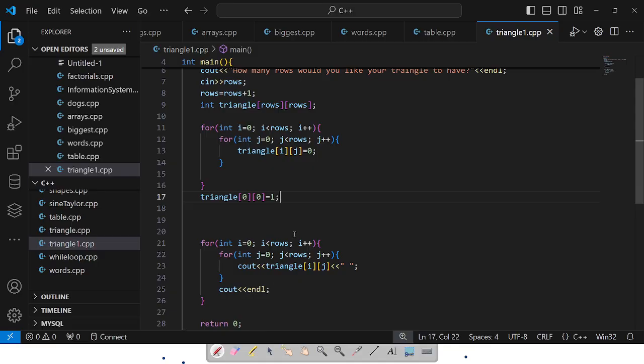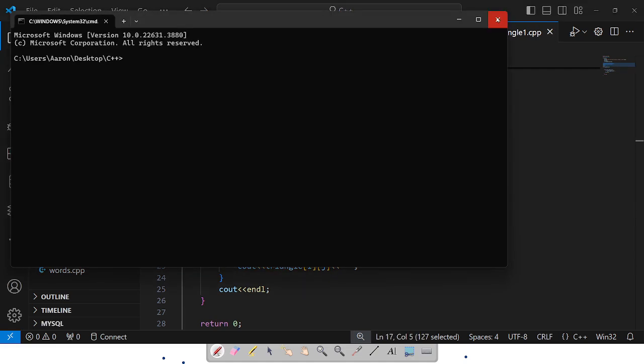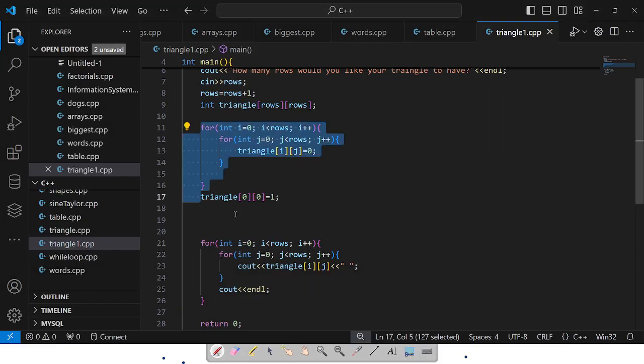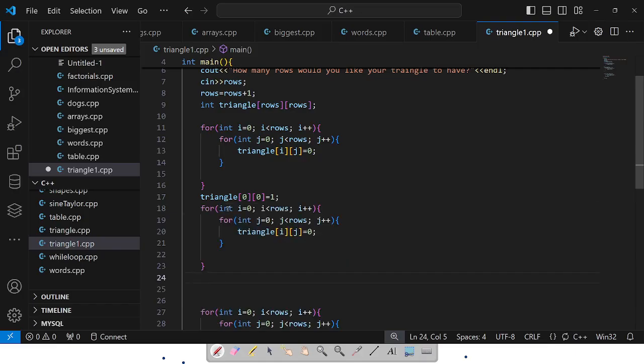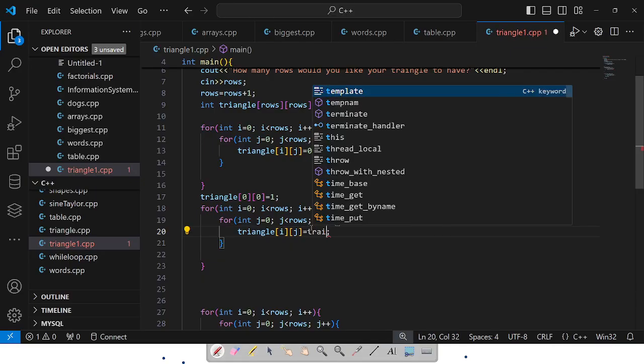Although, anyways, I think it will still work. I'm going to copy that. And let's make the triangle in this loop. So I'm going to say triangle at i comma j is going to be equal to triangle